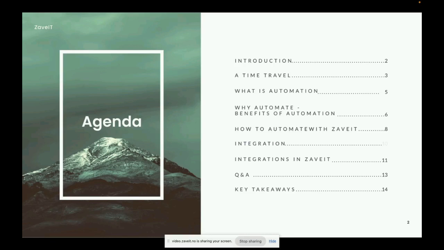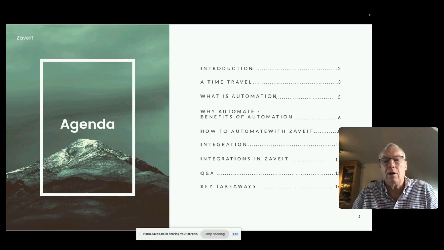Roddy, I guess you can see my slide of the agenda. Yep. Okay. So I've been asked to set the scene for our topic of IT automation. I thought I'd firstly just very quickly run through the agenda.